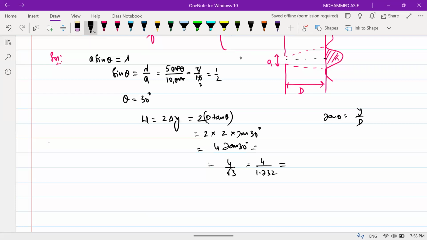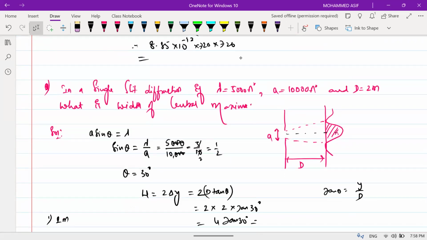I'll give the options for this one. Options are given as 1 meter, 2.3 meter, root 3 meters, 2.7 meters. Sir, it's 2.3 meters. Very good. Here the very important thing to understand is that right now for me